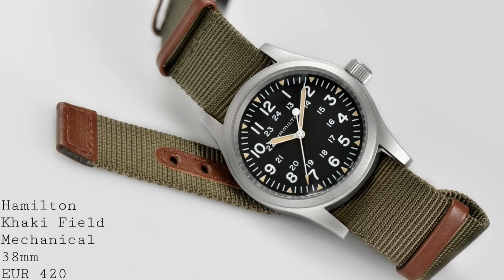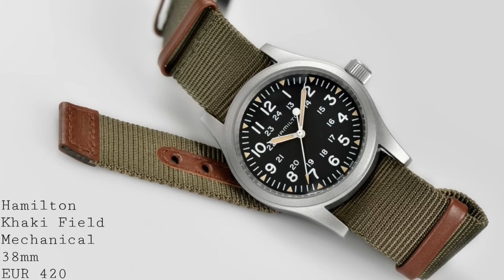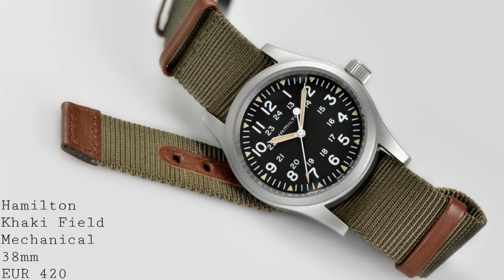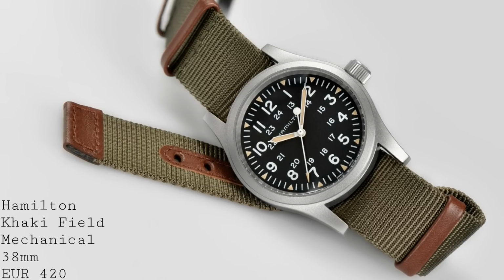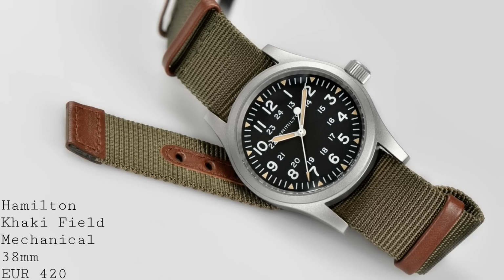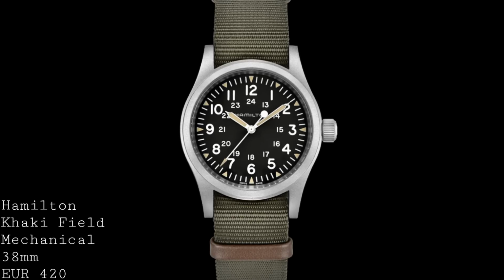hardship you can imagine. I think the choice of strap was a very nice one as well, in this khaki green, which is a NATO strap, which is again in keeping with the way these watches were worn to stay on the wrist no matter what. But it features these nice brown leather inserts, which mean that it's a more versatile strap, and it doesn't have the harsh military aspect that one with the normal steel keepers would have, and has a signed brushed buckle from